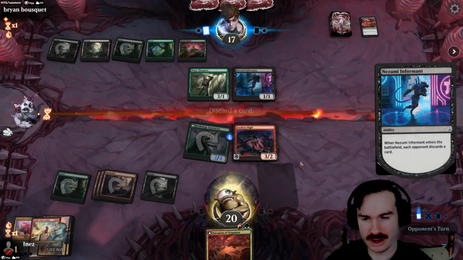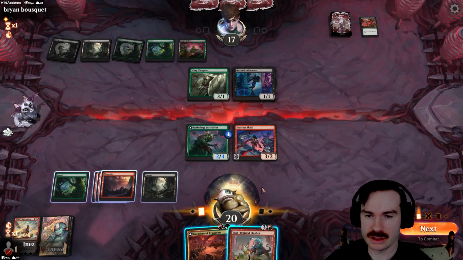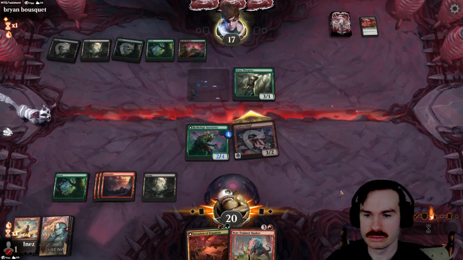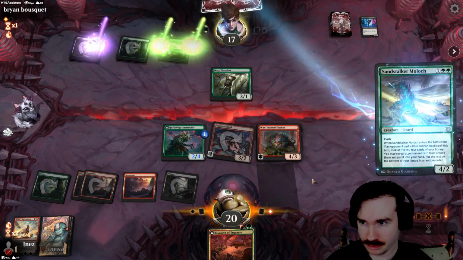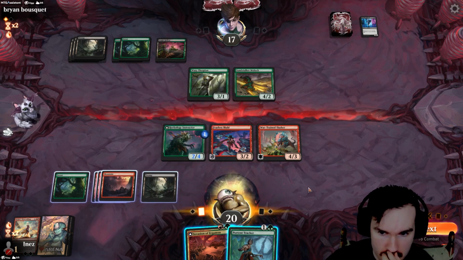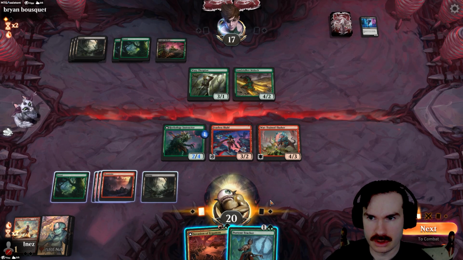I think I'm going to get rid of Warcrafting. That's a tough one. Torturing Slasher's good too. So, guess we'll just get in with the Scald. And then drop a Slasher. Alright, that's cool. So I don't have the mana for Embology Constructor yet. They'd have to...